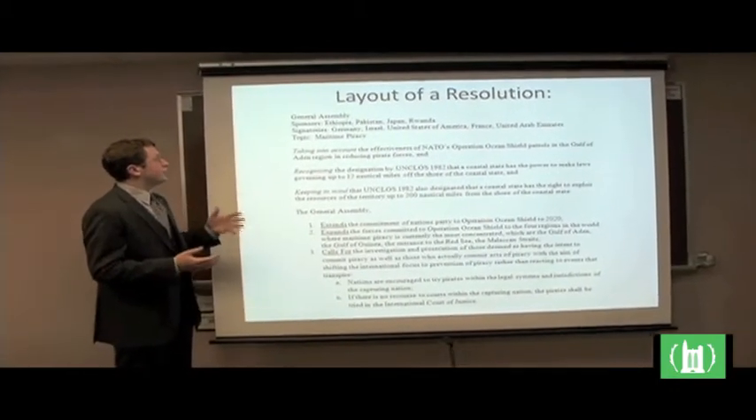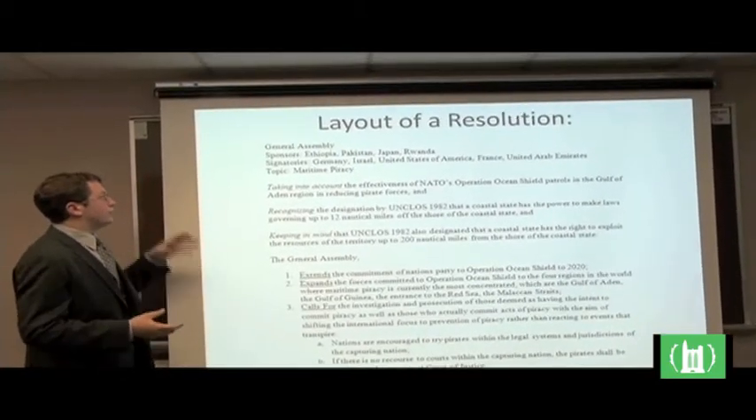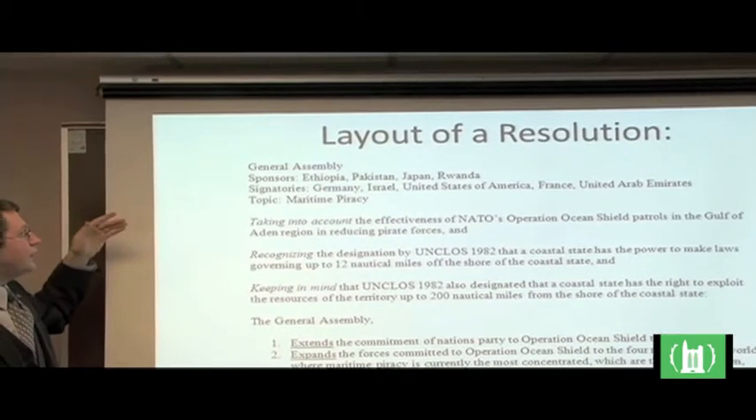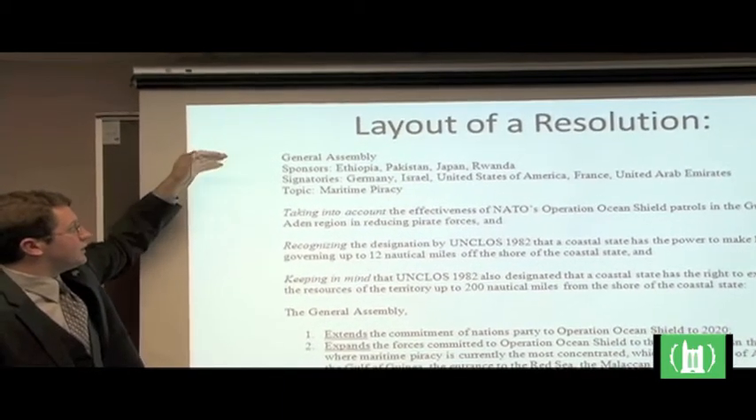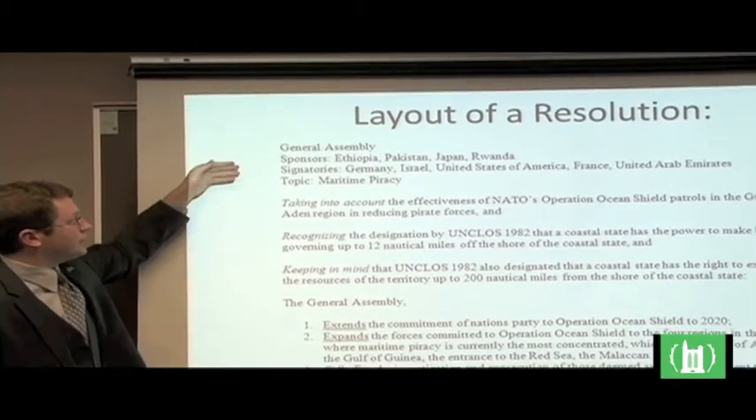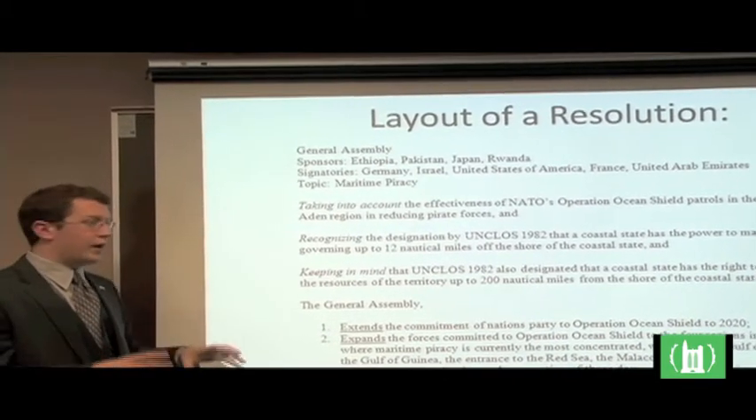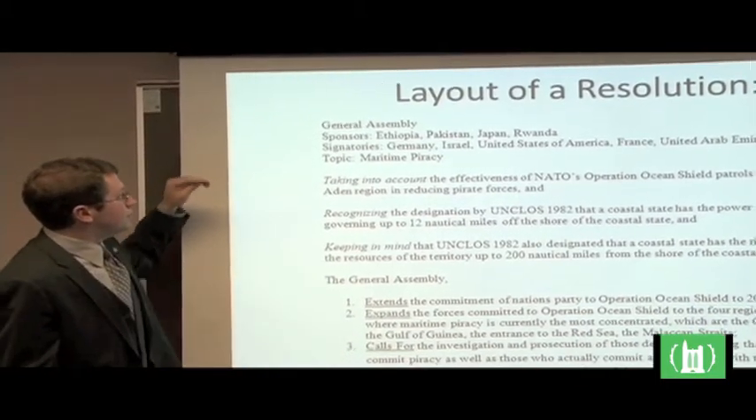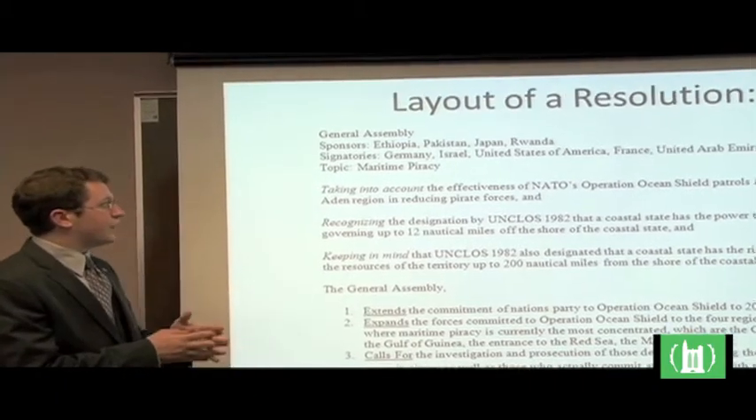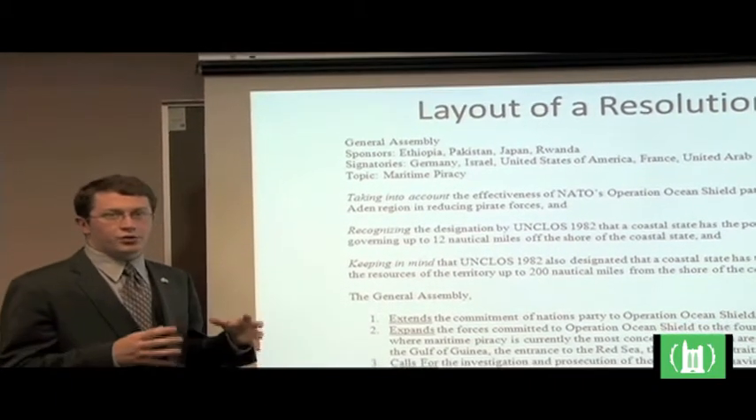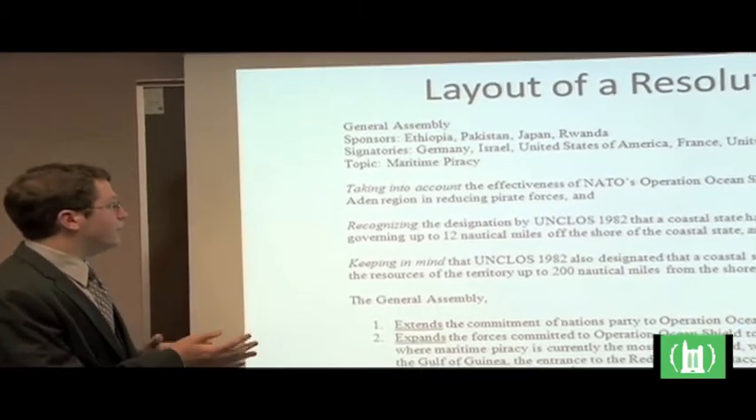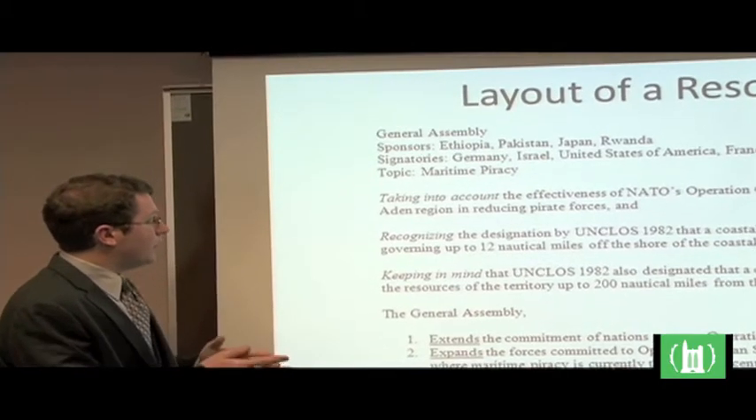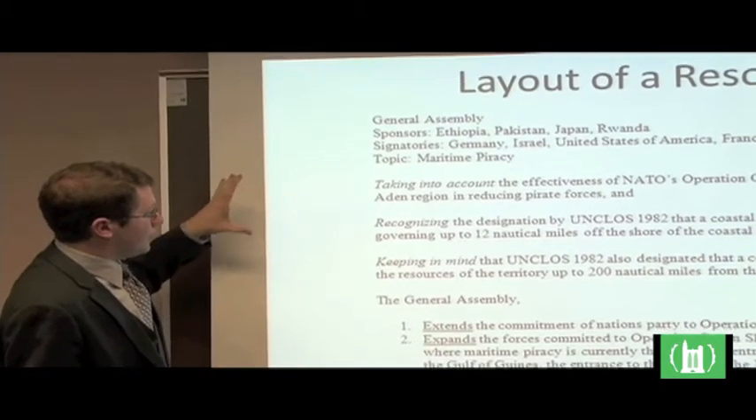As you can see here, a resolution begins with a header section. First, the committee, or in this case just the General Assembly, is listed at the top, followed by a list of sponsors. Sponsors are those who contributed actual large chunks of the resolution's language. Signatories are those nations who either support the resolution, or if they don't support it, at least want to see it debated. And then the topic in this case is maritime piracy, after which you include the preambulatory